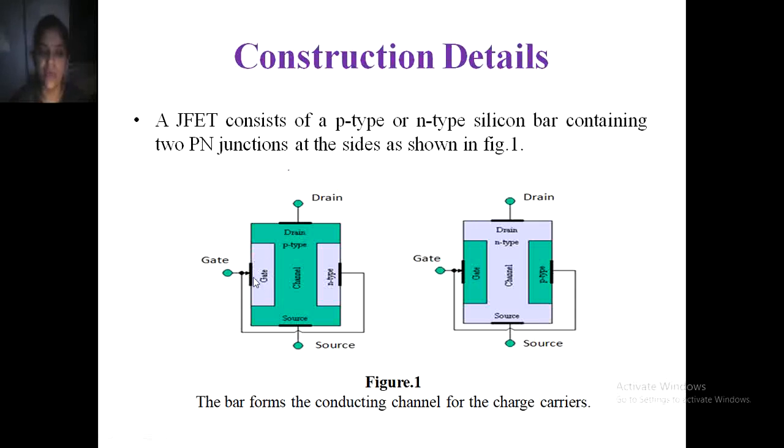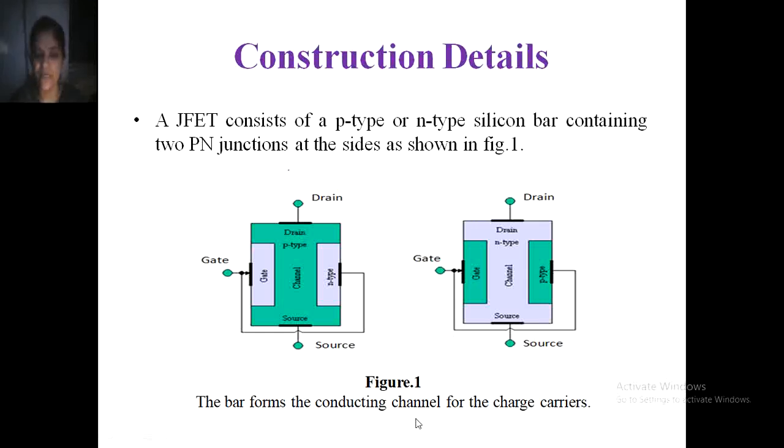From one N layer, the gate terminal is taken out, and another N terminal is taken which is internally connected to the gate. So it looks like there are four terminals, but one terminal is shorted with the gate. Then the source terminal is here, and the drain terminal is taken from the substrate. Likewise for the N channel, from the N channel substrate the drain and source terminals are taken, and from the two adjoining P-type materials, the gate terminal is taken out.